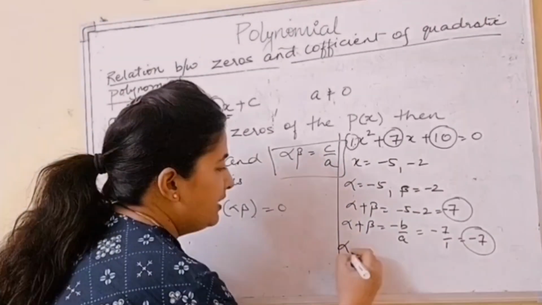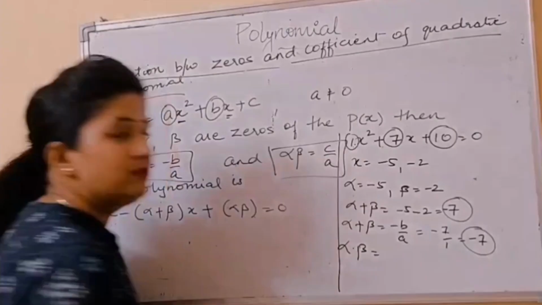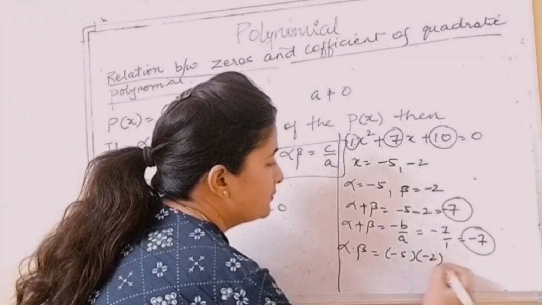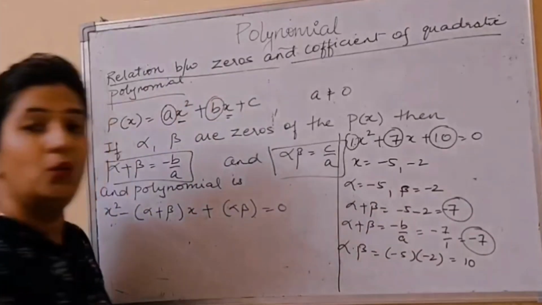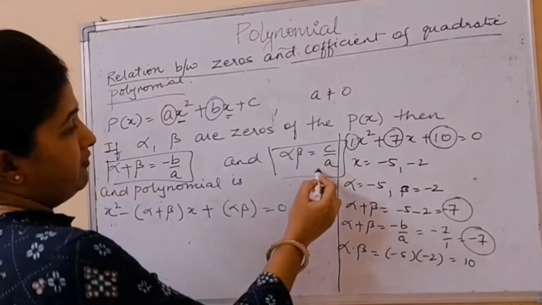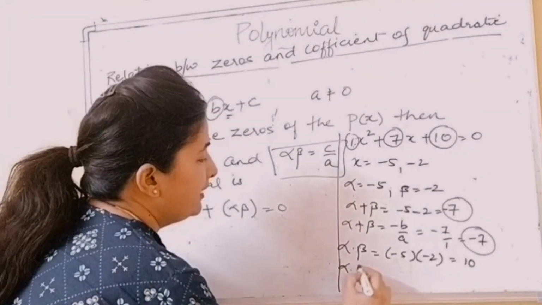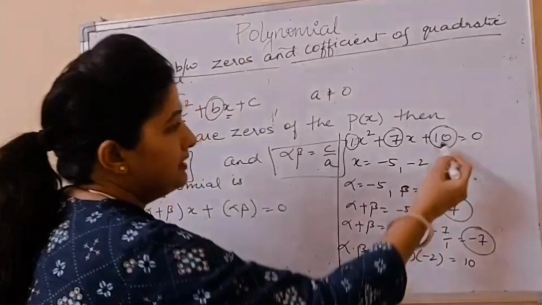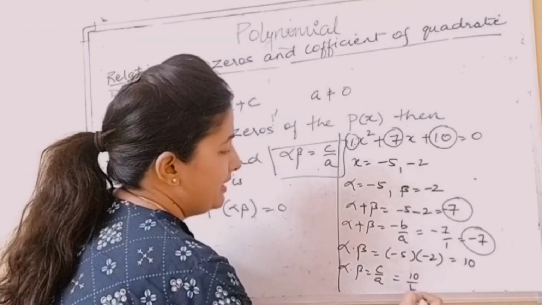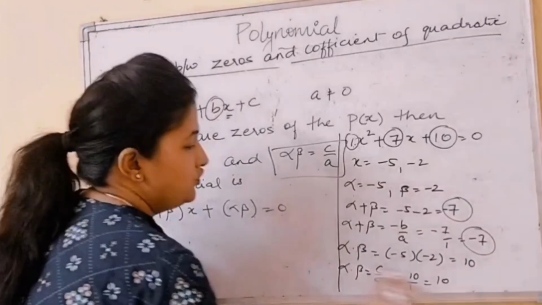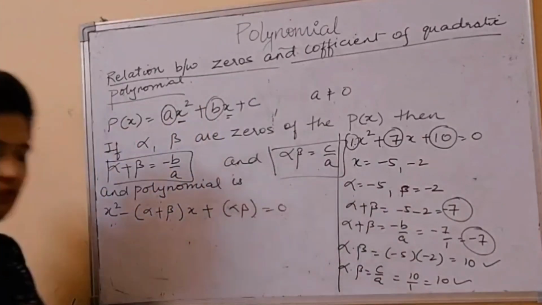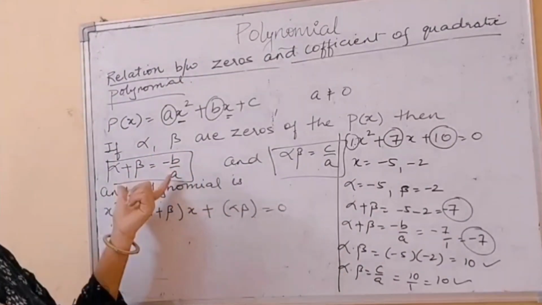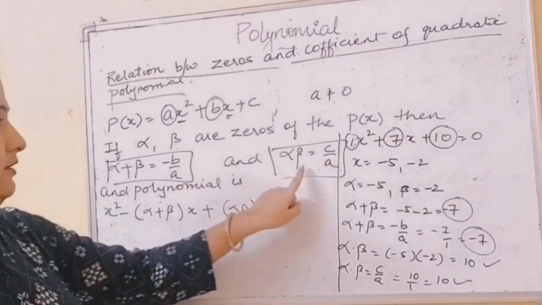In the same way, the product of roots, that is alpha into beta, will be equal to minus 2 into minus 5, and it is equal to 10. We can also verify by the formula: alpha into beta is equal to c by a. Here c is 10 and a here is 1. So we can check that this is also 10 and this is also 10. So in this way, if I know the roots, I can also find the sum of